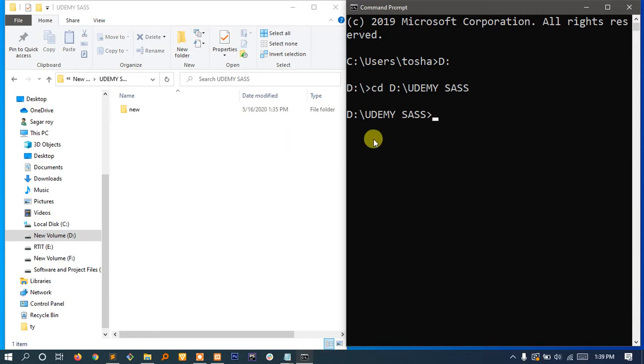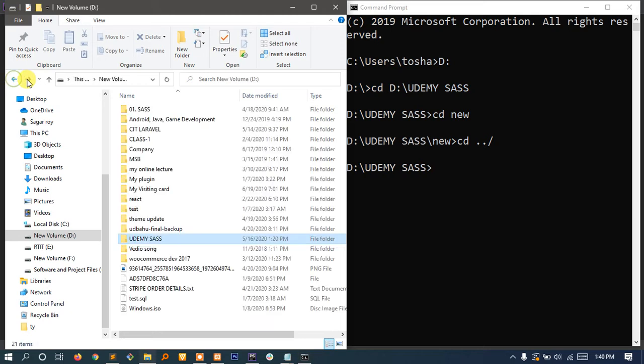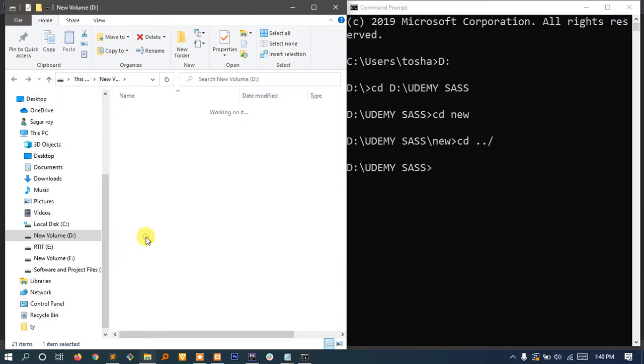Okay, so here actually you can see cd new. So this new folder is there, right? I'm going to go back to the root directory, cd dot slash. So right now I'm in the Udemy Sass folder, and inside this folder I have another folder